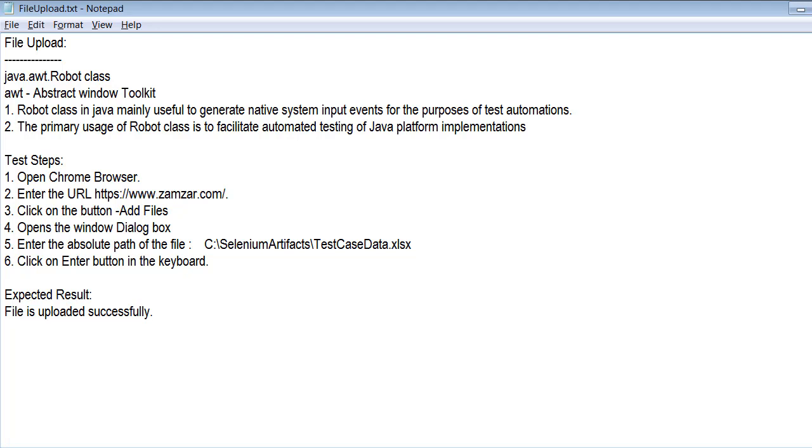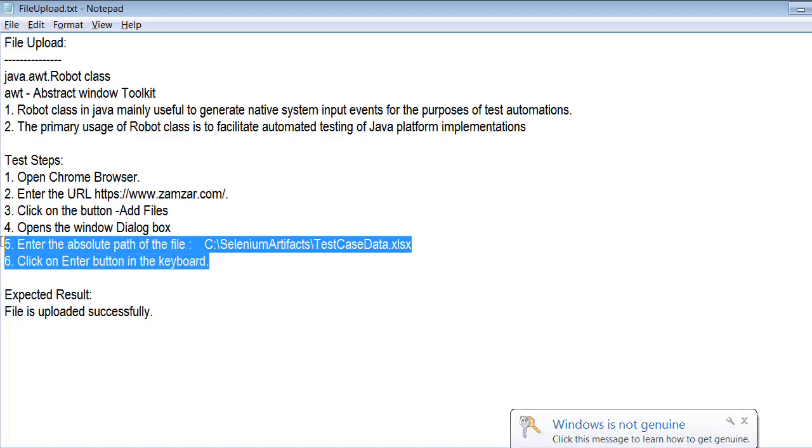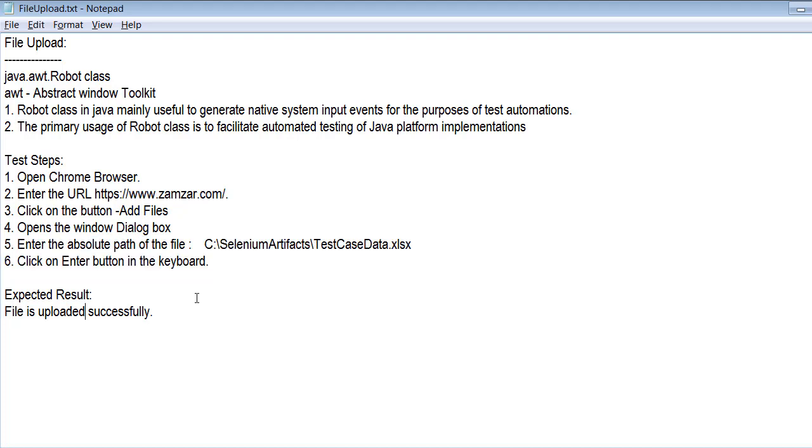Now, once we achieve these 6 steps, we are going to do the same 6 steps repeated in the Selenium automation logic also to achieve this functionality. These 2 steps are very important here because once the dialog box is opened, we don't perform any other operation. We just need to provide the file's absolute path location and press Enter. So here, let me list down some of the keyboard actions I am performing to achieve this functionality.